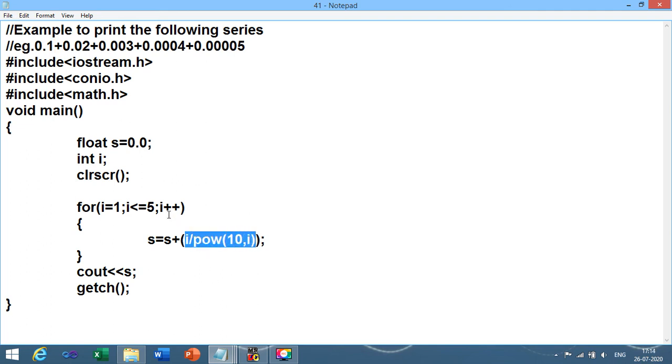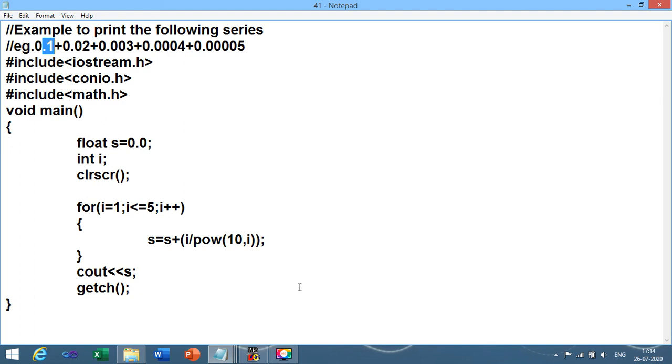You can take one more variable, a float variable. In that float variable you apply this statement, and that variable name you write over here, s plus something. In this way also you can get it, and yes, definitely you need to use the cout statement for such. At that time you will get this series 0.1, 0.2.